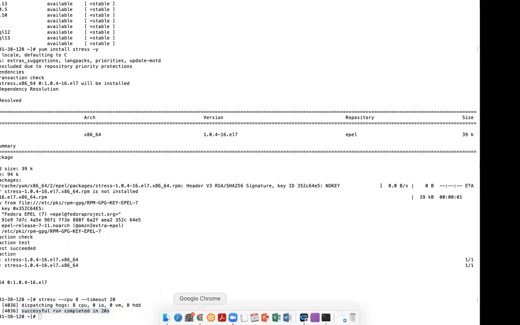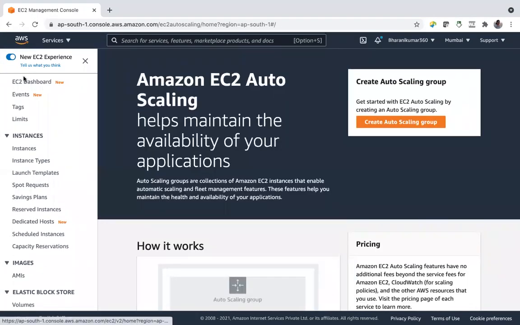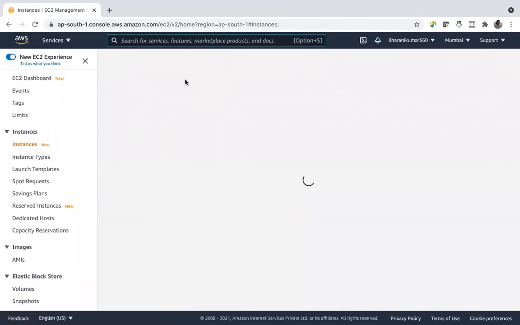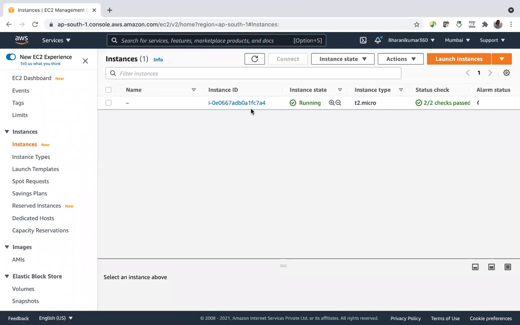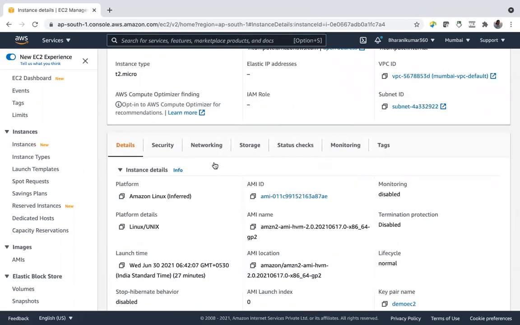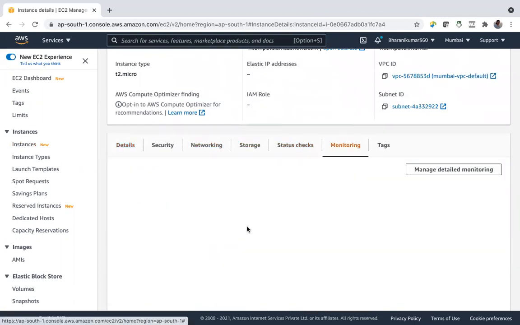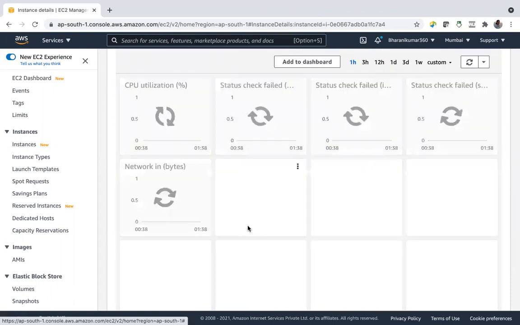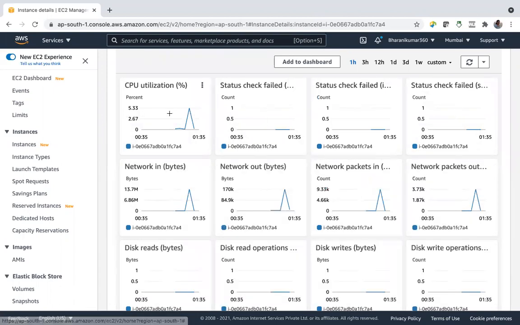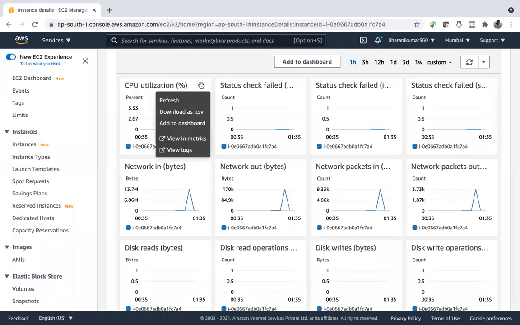So let us go here and I'll check my EC2. Monitoring. See, CPU utilization has hiked up to 5.33%.